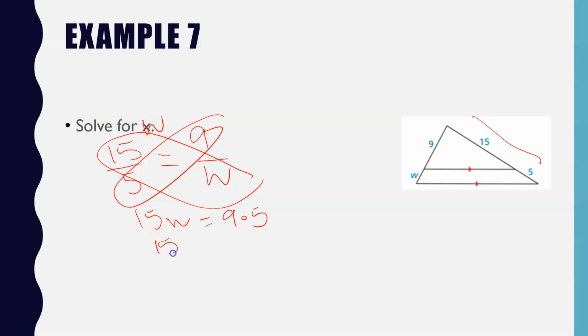Okay, 15w equals 45. Divide by 45 on both sides. And I get w equals, you know what? Nope. Don't divide by 45 on both sides. Divide by 15 to get w alone on both sides. Then you get w equals